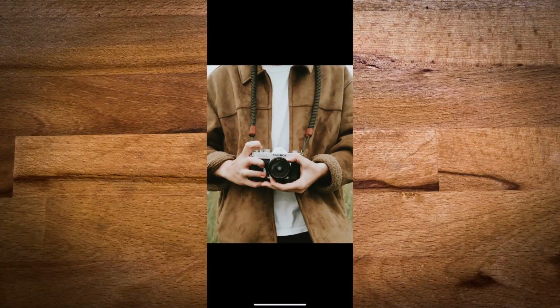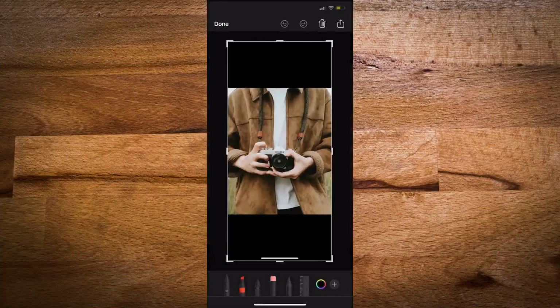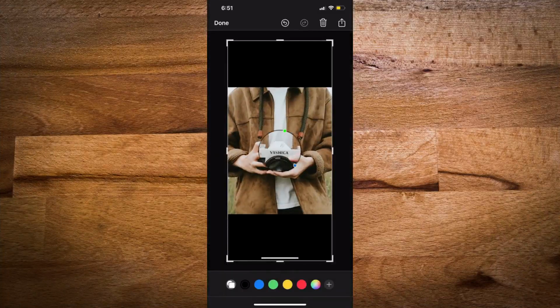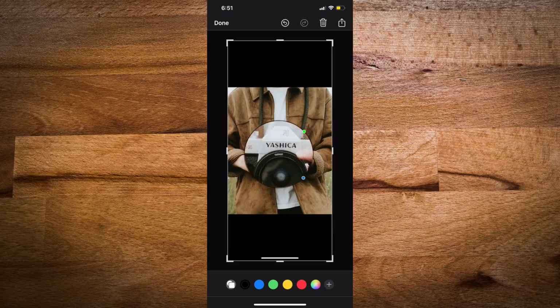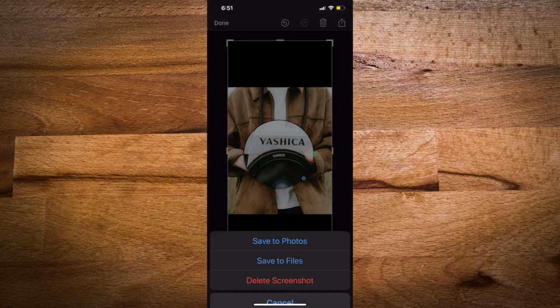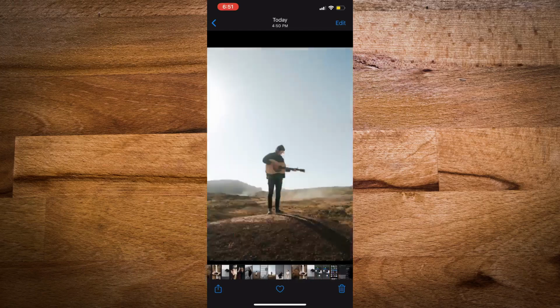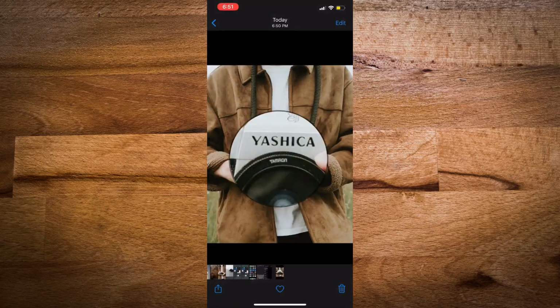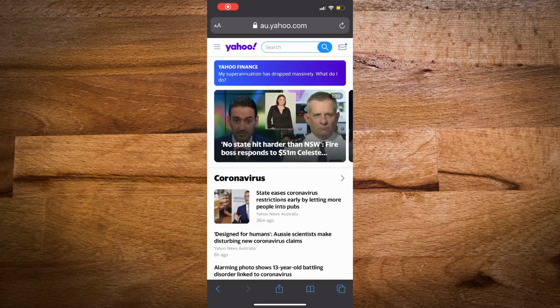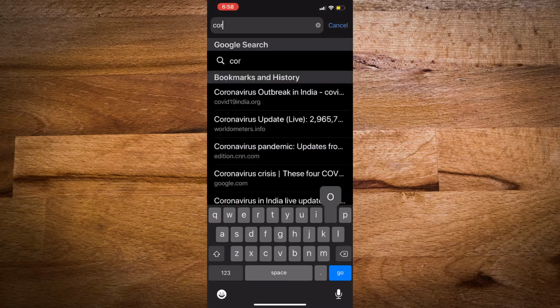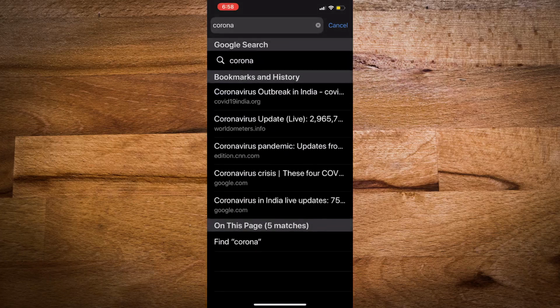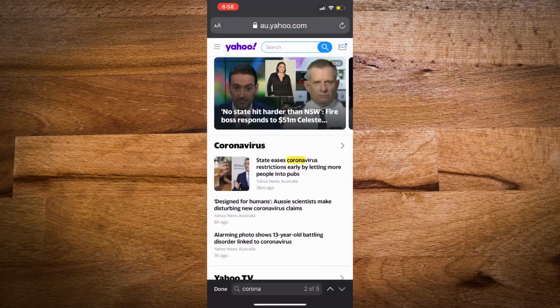The next cool feature which you have is in highlighting parts of your photograph. Take a screenshot of your picture, use the magnifier option, you'll be able to magnify parts of a picture. Say for example, you'll be able to zoom with the green dot and like highlight a specific part of a picture and just save them and share it with your friends. The next option was being finding words in a website. Say for example, if I search for the word corona, you could see here as like search corona at the bottom. When you tap that, you could see the list of words which are available in the website.